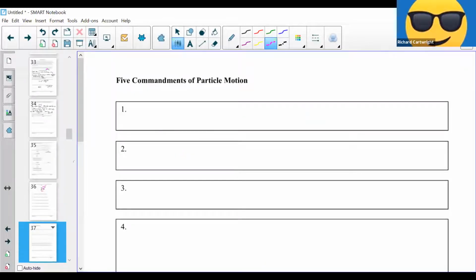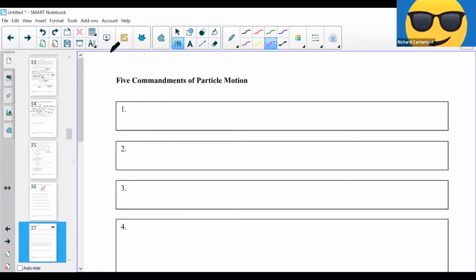Five commandments of particle motion. I think this is good to fill in because when you're taking your AP exam and you're dealing with particle motion, there are some truths, the five commandments. The first of the commandments